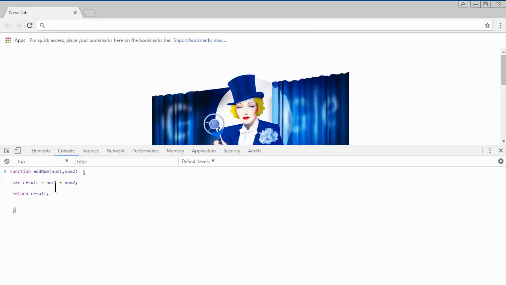And then if you've got any arguments, you pass them inside the parentheses. If there's more than one argument, you separate them by a comma. You can see here num1 is an argument, num2 is referred to as an argument. And once you specify the arguments, if there are any, inside the parentheses, you then have the curly braces. You've got the opening curly brace here and the closing curly brace. And in between the curly braces is the block of code that has to be executed when the function is invoked or called. Notice here I've also got a return